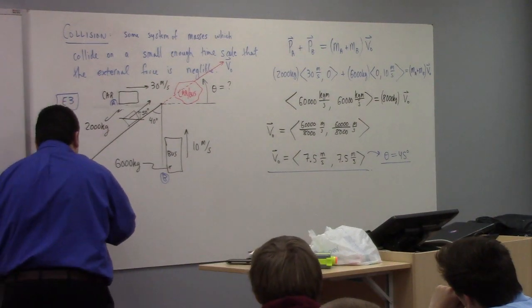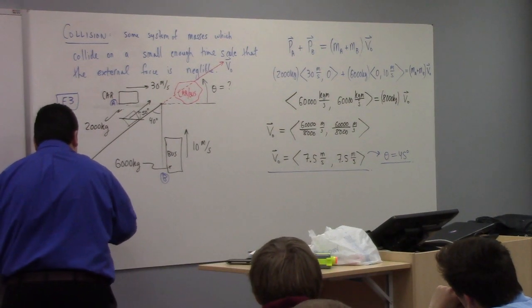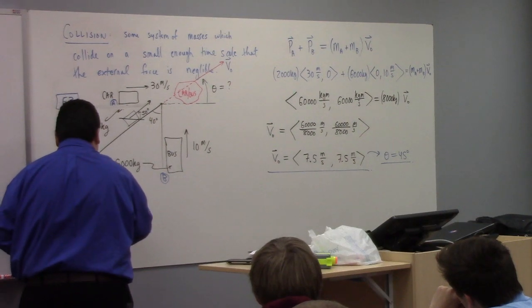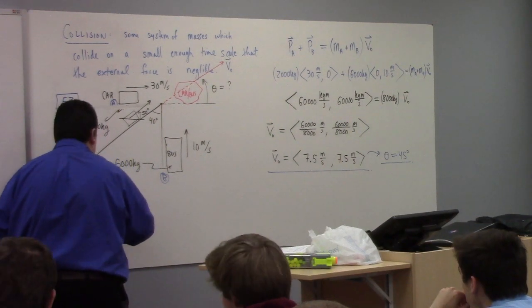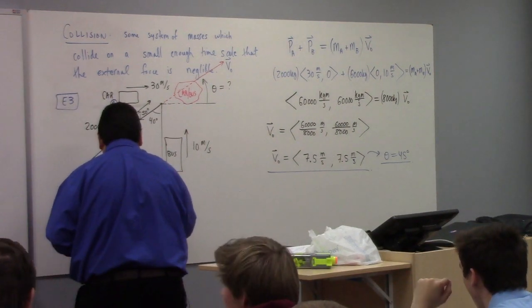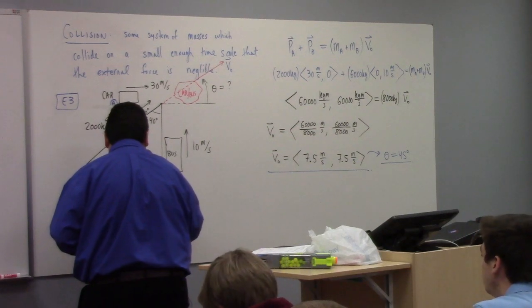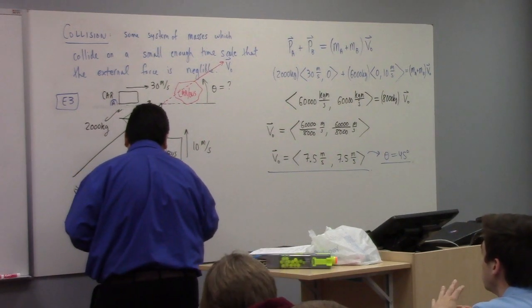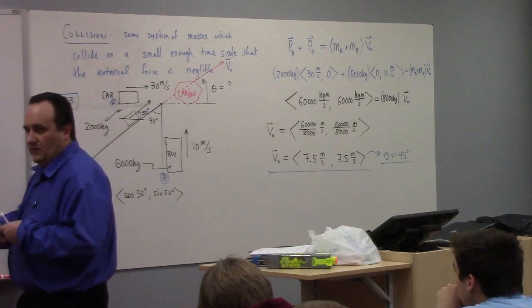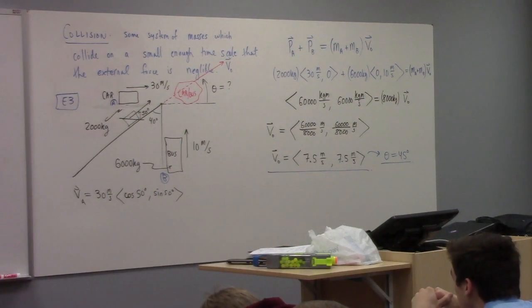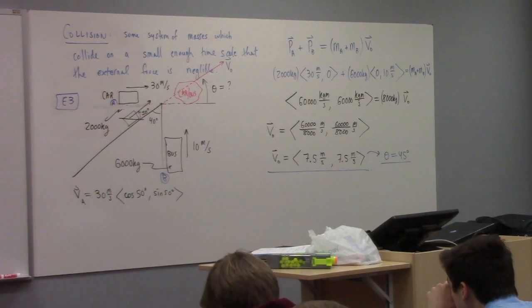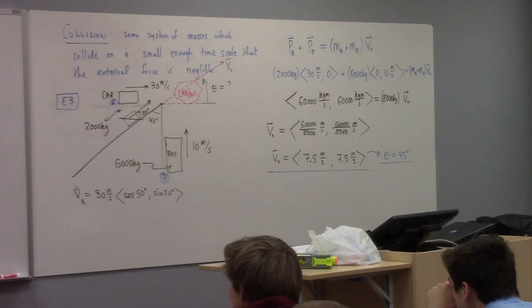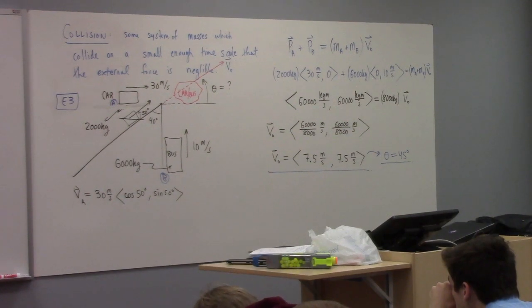And so then you would use VA, say 30 meters per second. And then I want the unit vector in the direction of 50 degrees, which is easy enough: cosine 50, sine 50. You could work it out that way. So that would be different, right? Your initial momentum for car A would have some vertical part. I'd have to run the numbers, but that'd be a modification of this problem we could solve, right?